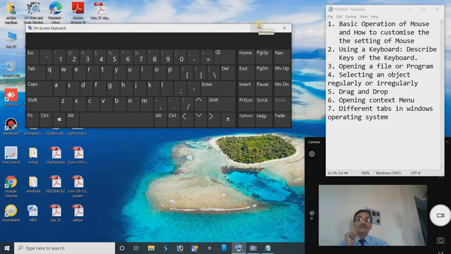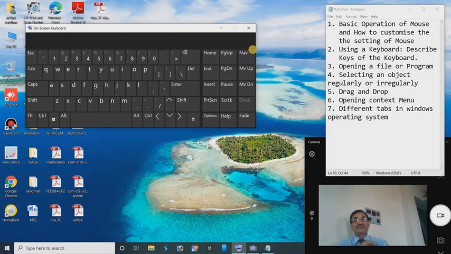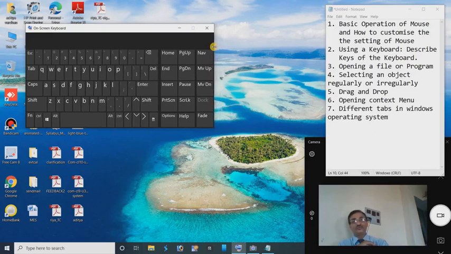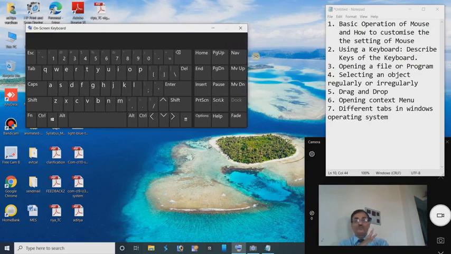The on-screen keyboard is also a window because it has three buttons at the right end of the title bar: minimize, maximize, and close. If you require to change the size of the window, bring the mouse pointer to the corner of the window, and when it changes into the double-headed arrow, hold down the left mouse button and drag the pointer toward the inside of the window.